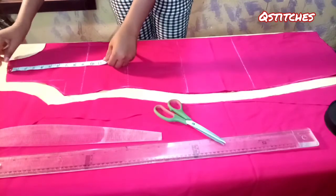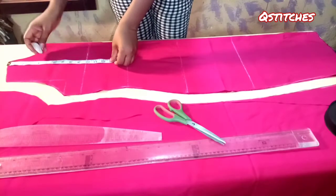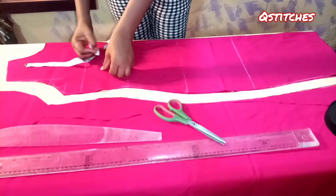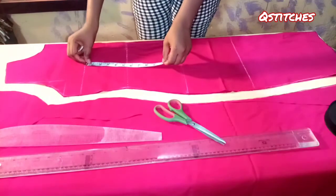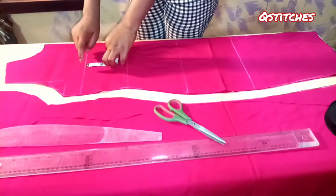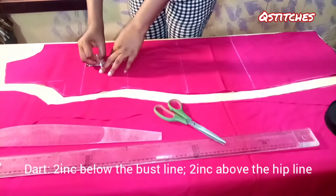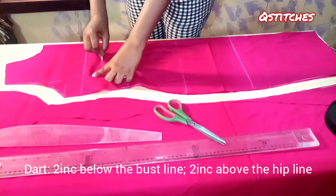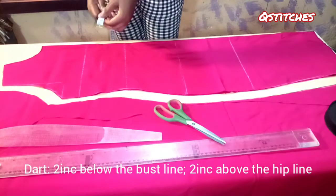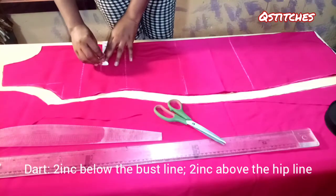exactly at the bust. So I'm using 12 inches. That's the way I do it anyway. 12 inches from the shoulder. That's to say, I'm taking 2 inches away from the bust line. That's the bust line. 2 inches here, 2 inches from the bust line, below the bust line. I take 2 inches below the bust line, then I mark 4.5 inches here,